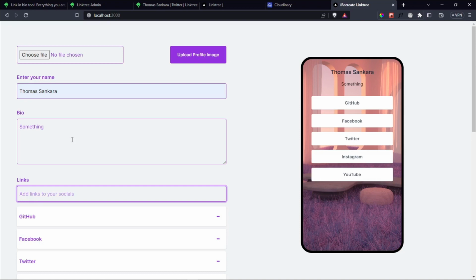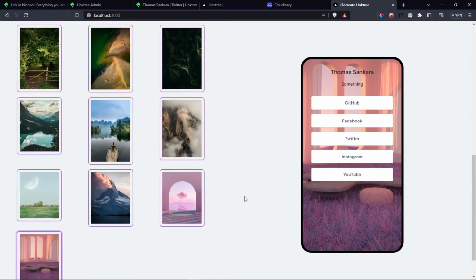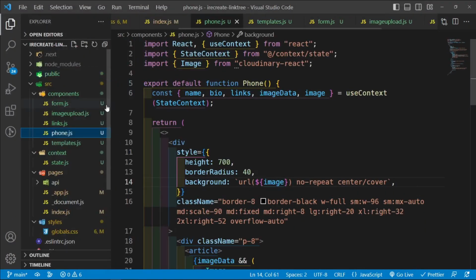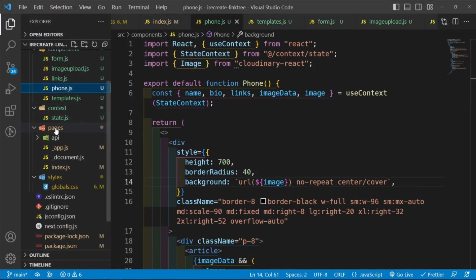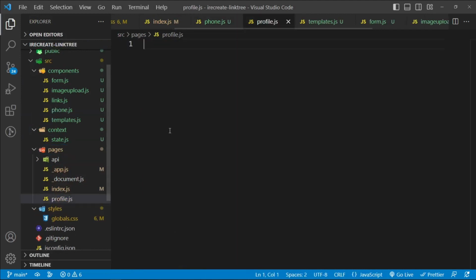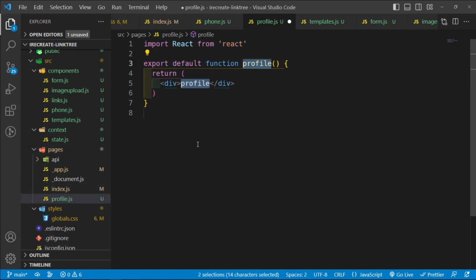Okay, so what is now remaining is we need to preview this on a bigger screen. So we need the profile page. To do that, we're going to go inside the pages folder, and inside the pages folder, we're going to create a new file called profile.js. The way Next.js works is that any file located inside the pages folder is automatically given a route. So for example, if I type RFC here, and we just have profile rendering,